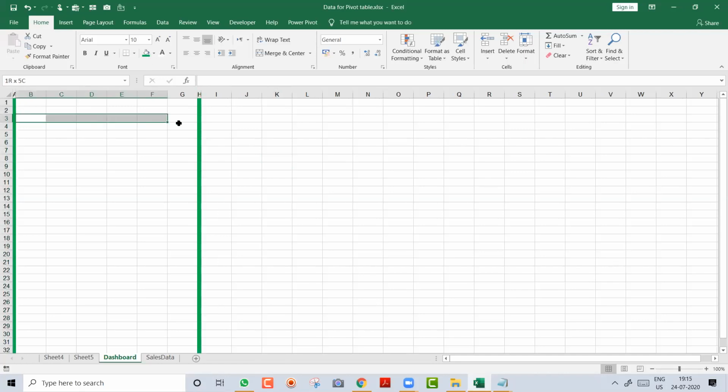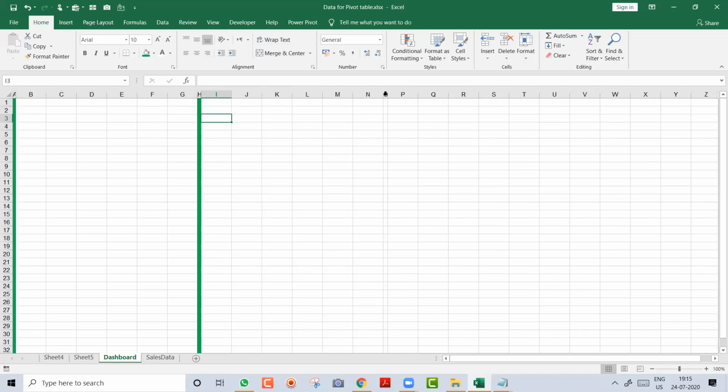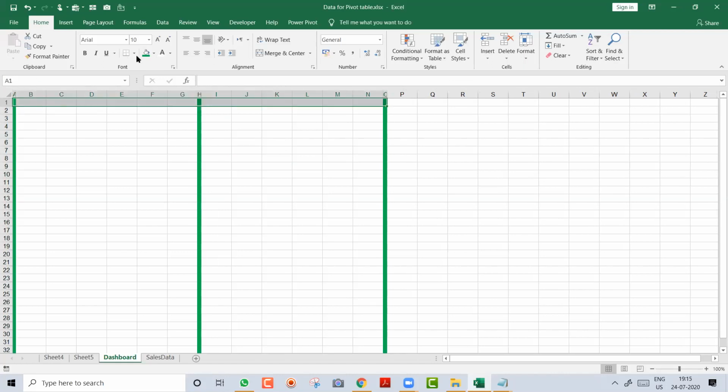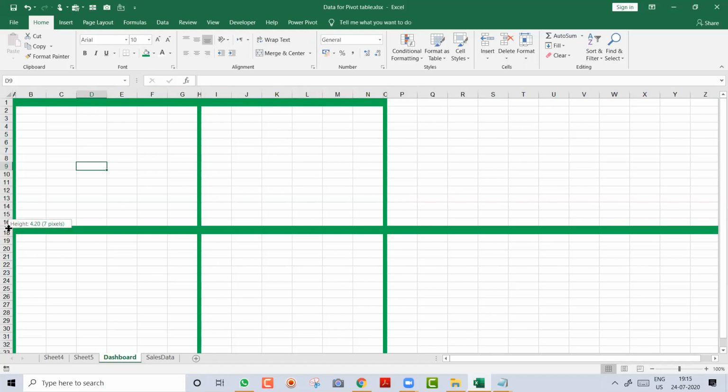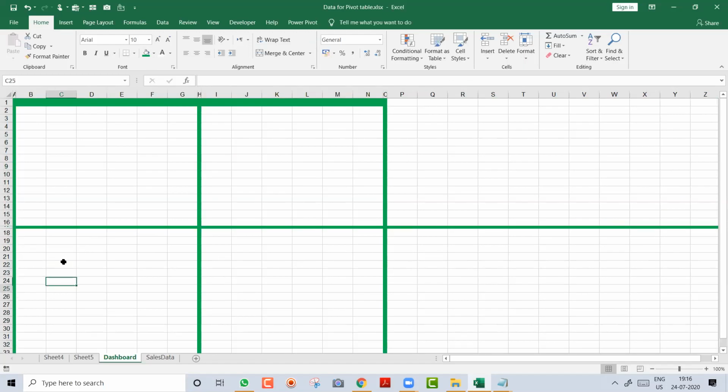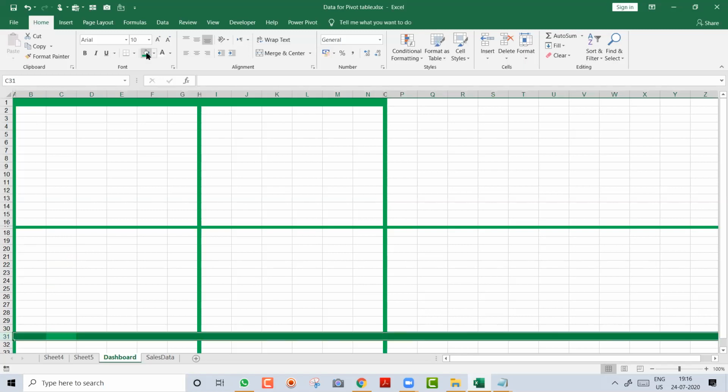How many columns are there? Six columns. So 1, 2, 3, 4, 5, 6. I will make this small, and I will make this green color or whatever color you want. This is a new design, a new concept I'm giving you. And now I will fill the color on the top. Got it? Now I will come here and fill one color over here. I'm making a design in Excel. Again, I will come over here and fill a color and make it a little small. Got it?